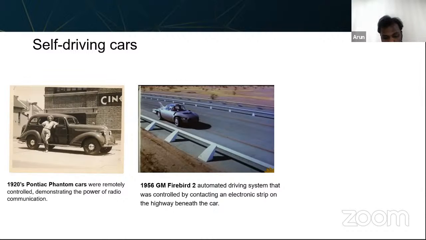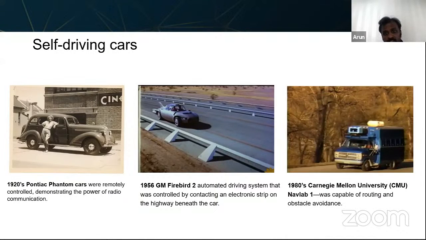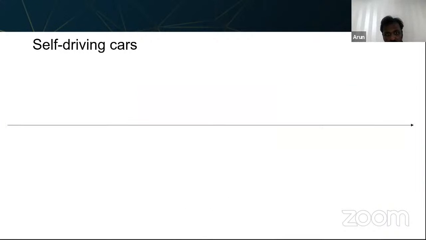Of course, this is something that is also getting a lot of consideration these days: having a separate lane for automated vehicles. For example, if you have 2 lanes on a highway or motorway, you can have 1 lane dedicated only to automated vehicles. But of course they are trying to control different cloud sources and other electronics, rather than what was present in 1956. Following which, in 1980, Carnegie Mellon University started to build more sophisticated algorithms capable of routing and also obstacle detection and avoidance.